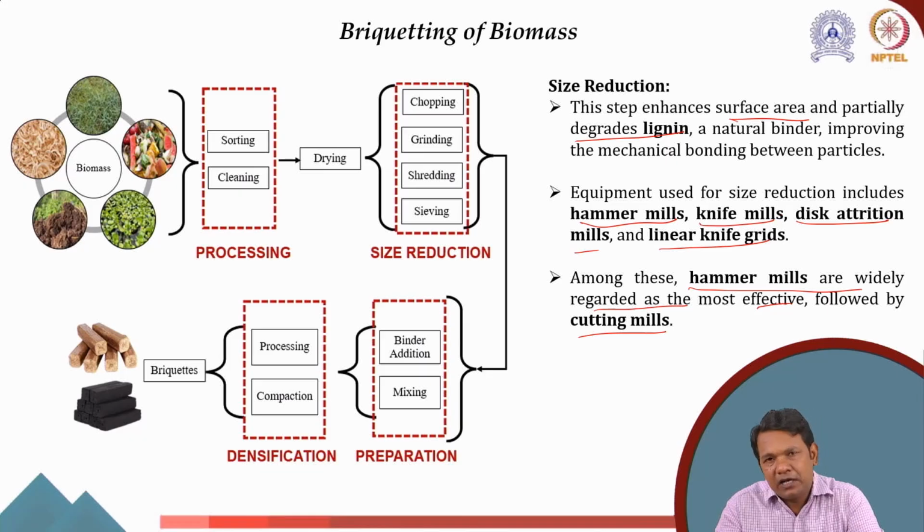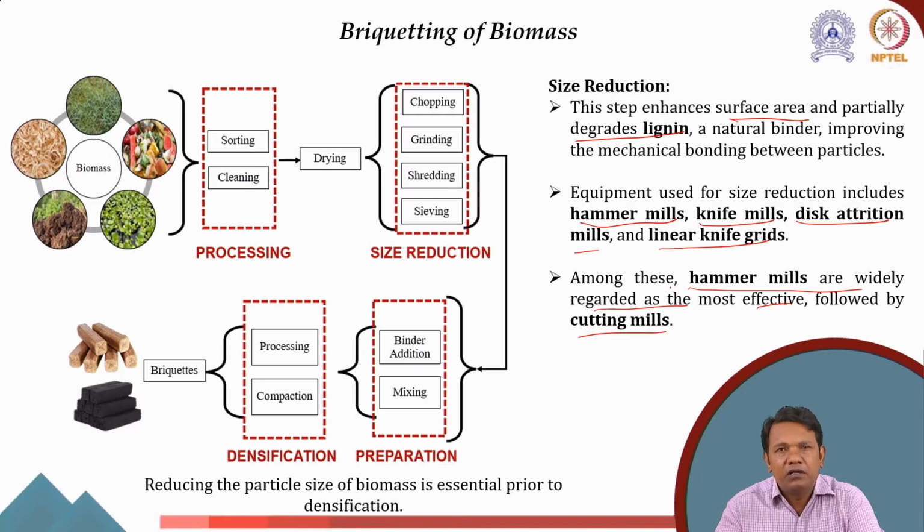You can have electronic automated shredders, you can have automatic grinders, you can have choppers. There are several other things possible. However, for finally going to the powder form, hammer mill is one of the best options. Now the overall target for, as I said, reducing the particle size is to increase the surface area, which is a very important step before densification. Okay, so densification is happening here, but you need this in order to reach this stage.